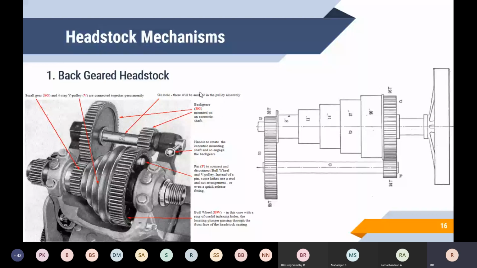The very first one is the back gear headstock. Normally the back gear is a simple mechanism. Probably it was conceived around 1817 by Richard Roberts. Roberts developed those concepts. The back gear is a gear mounted at the back of the headstock that allows a chuck to rotate slowly with greatly increased turning power. That is why the back gear was developed. By engaging the back gears we reduce the RPM but increase the torque. Screw cutting also requires a low speed, nearly 25 to 50 RPM, especially if the operator is a beginner. This kind of mechanism is very helpful.